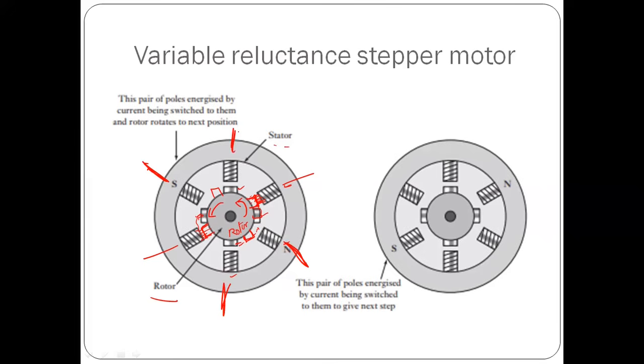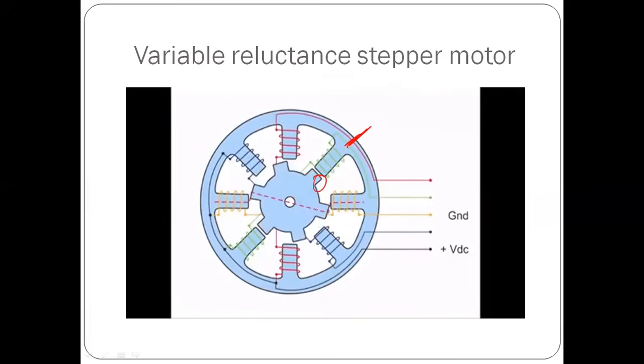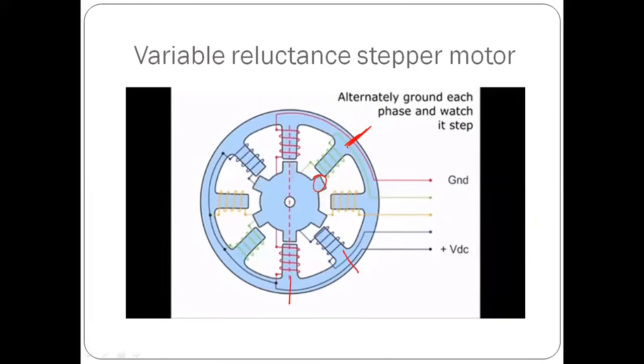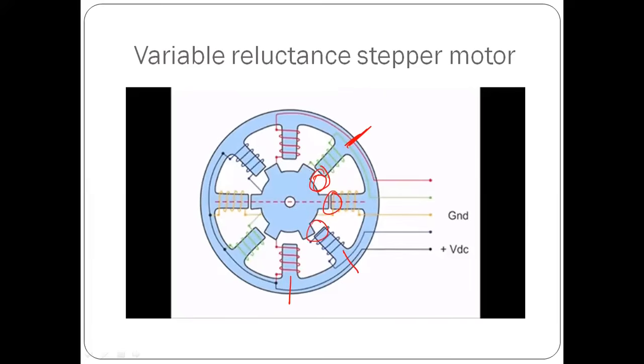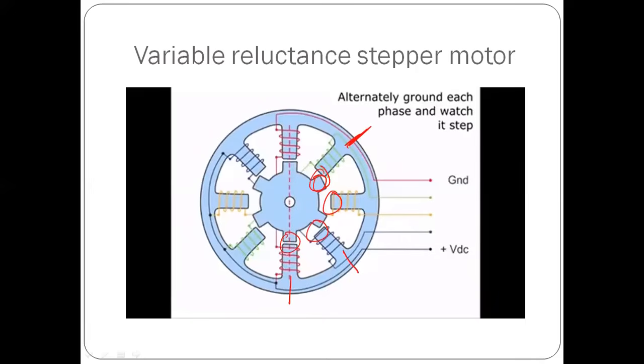We'll understand this with the help of an animation. Here, I'm going to pass current through this winding initially. You can see that this is going to move. Yes, it has moved. Now when I give current here, this portion is going to move. Next I'll give current here, and you can see this stage is moving. Again, when I give current here, you can see this is moving. Now this will move, and now this will move. Finally, this moves, and again this repeats.